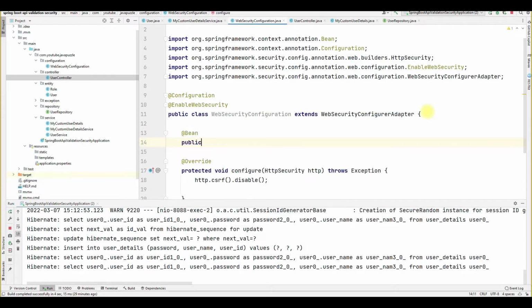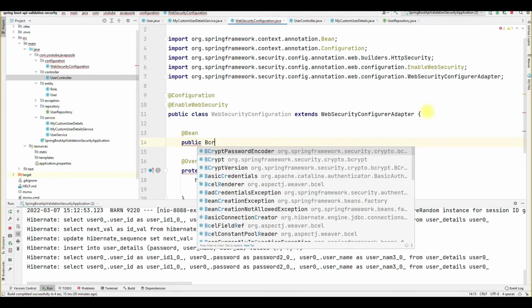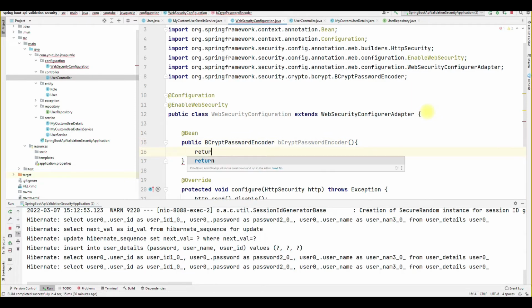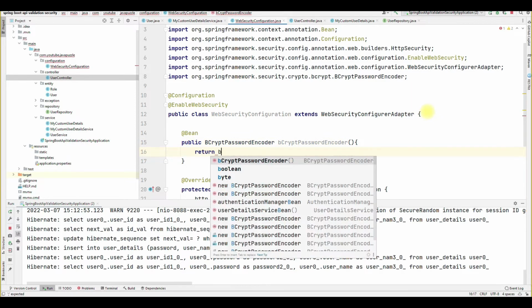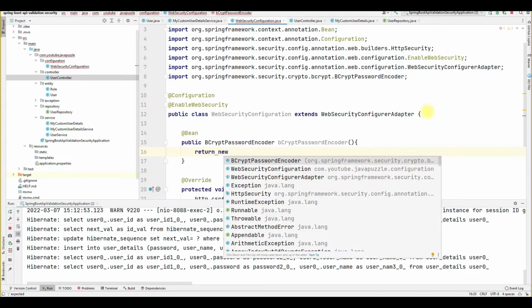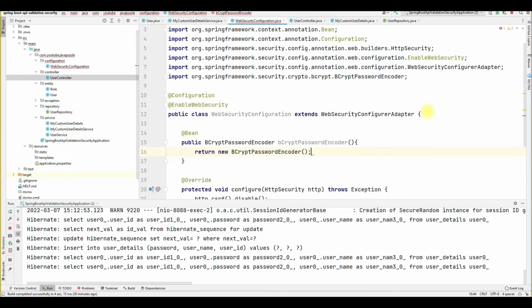So public BCryptPasswordEncoder, and here just return new BCryptPasswordEncoder. That's it. So the first thing is we implemented our BCrypt password encoder.